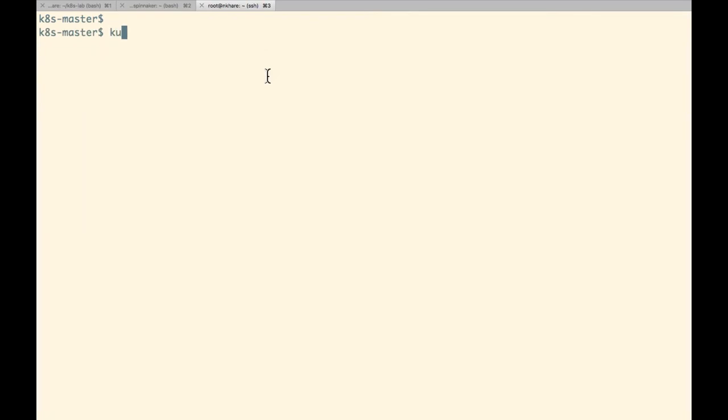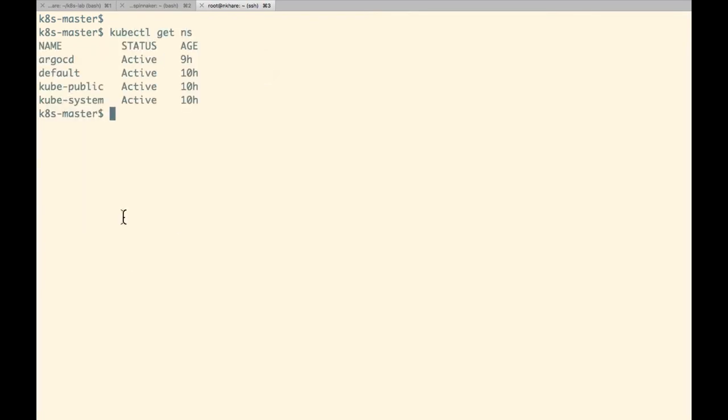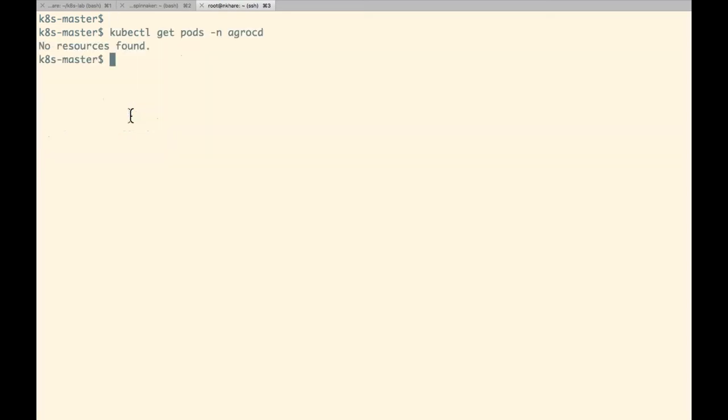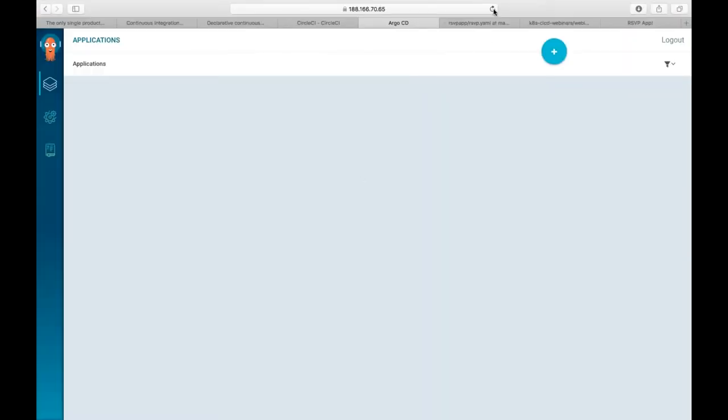When you deploy Argo CD, it creates a namespace called argocd, in which it runs the pods which are required for Argo CD to run. Okay, so this is running, right?